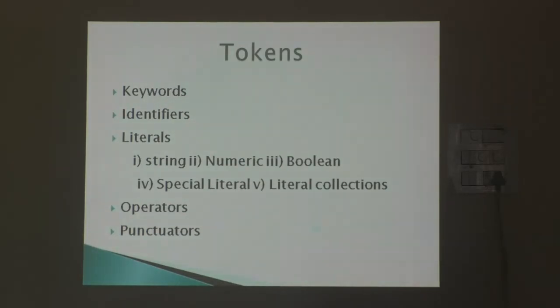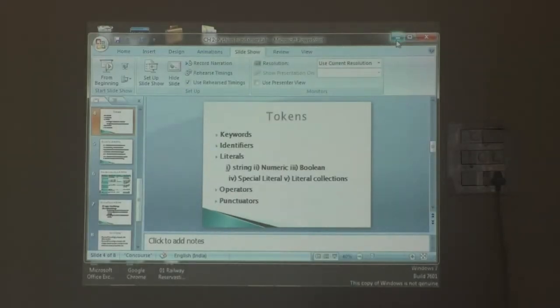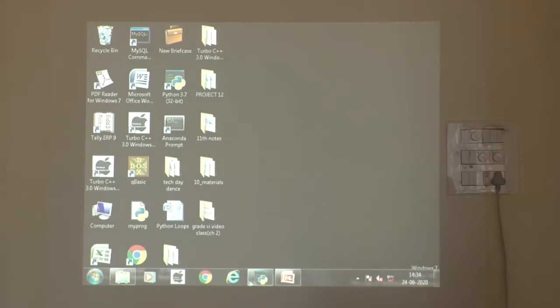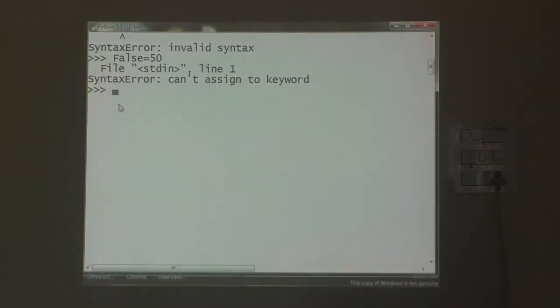Okay, student. A literal is nothing but a constant value. The data items do not change, that is a fixed value, during the execution of the program. Whenever we are running the program, the value stays fixed. I will give an example.